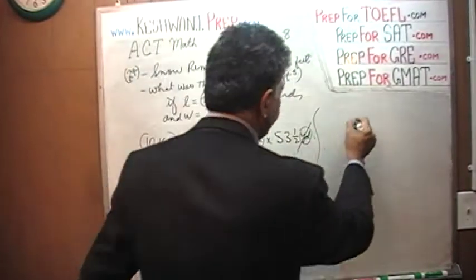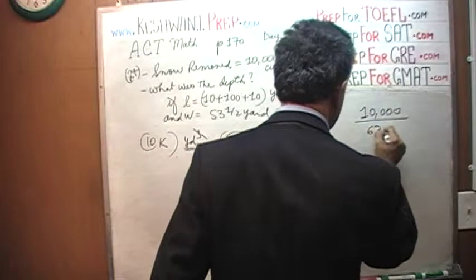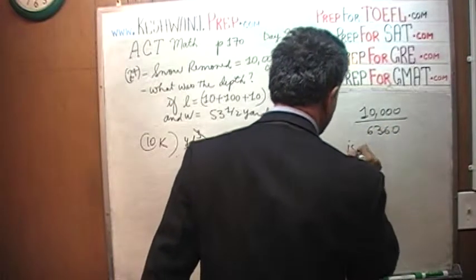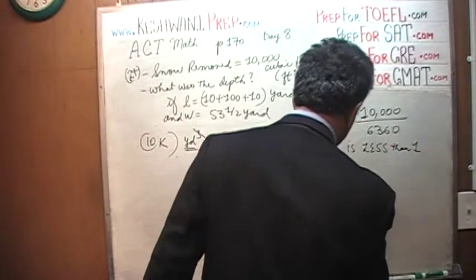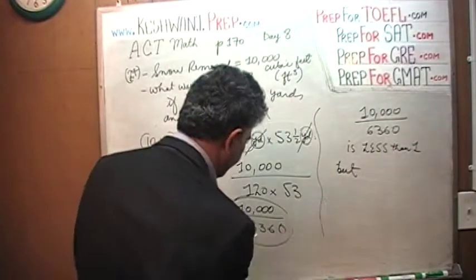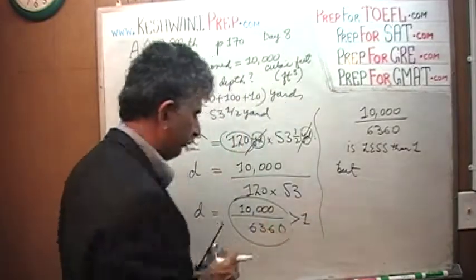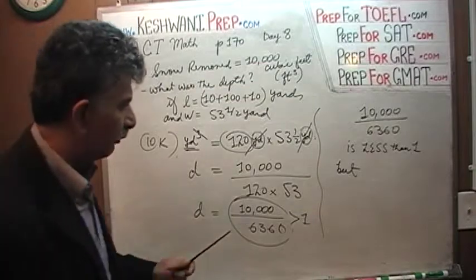This quantity, 10,000 over 6,360, is more than 1. 10,000 divided by 6,000, the top is bigger than the bottom. It is more than 1,